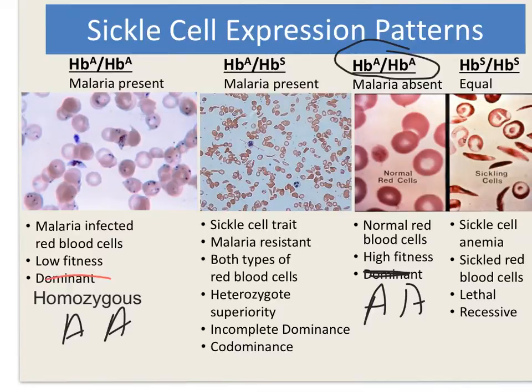Now, in the middle here, we've got HBA, HBS, that's a heterozygote. Well, in the past, we would say that it was dominant, and that means you ended up with mostly normal red blood cells, but that's not really the case. It's actually, in terms of the phenotype, if you look closely,